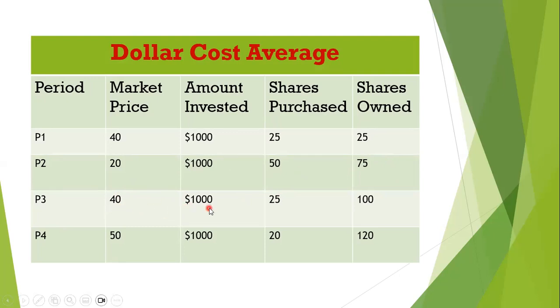So you go ahead and invest your 1,000 and you get your 25 shares, which brings your number of shares to 100. So you add it as you go down. So that gives you a total of 100 shares. And then next month, you see that the price goes to 50. At this point, the price has really increased to $50 and you still have your 1,000. So you invest your 1,000 and you get 20 shares and you have 120.